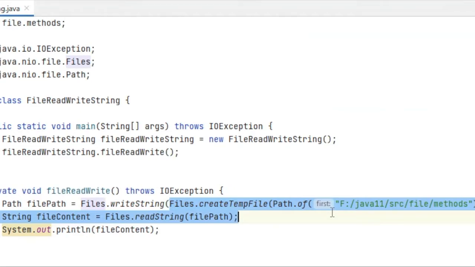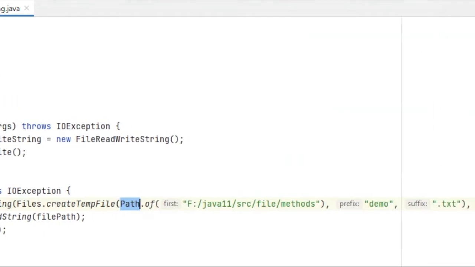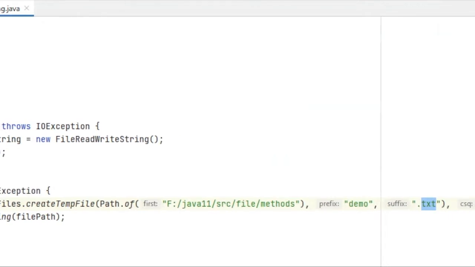Right now I have made use of createTempFile and the Path.of function, and then we provide the file name, prefix and suffix, and then the text which I want to write, the string, because this method is writeString.